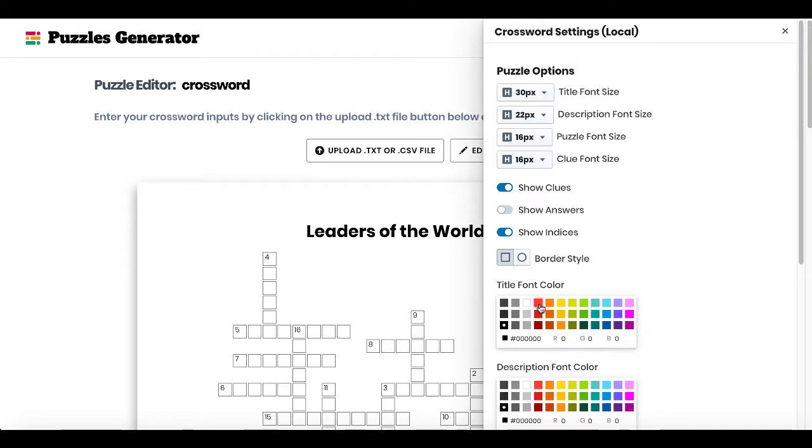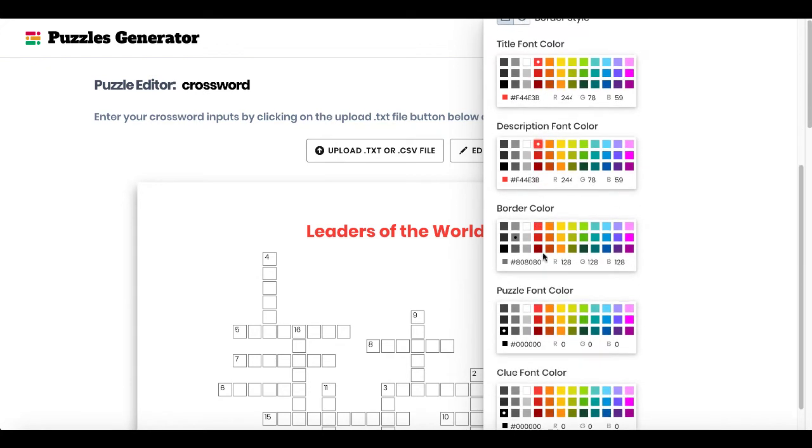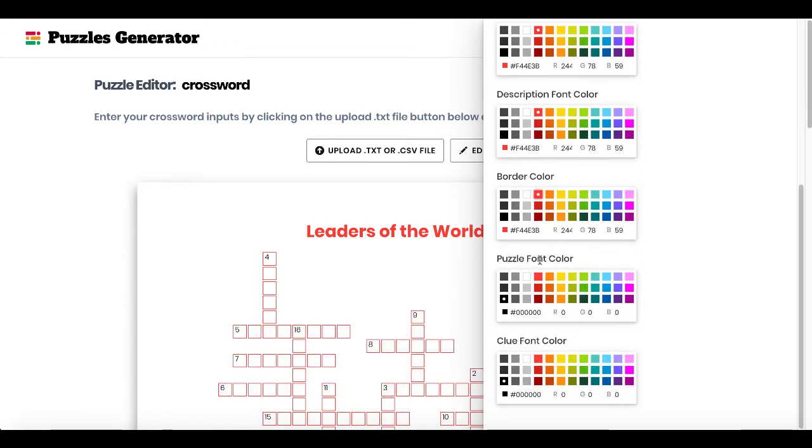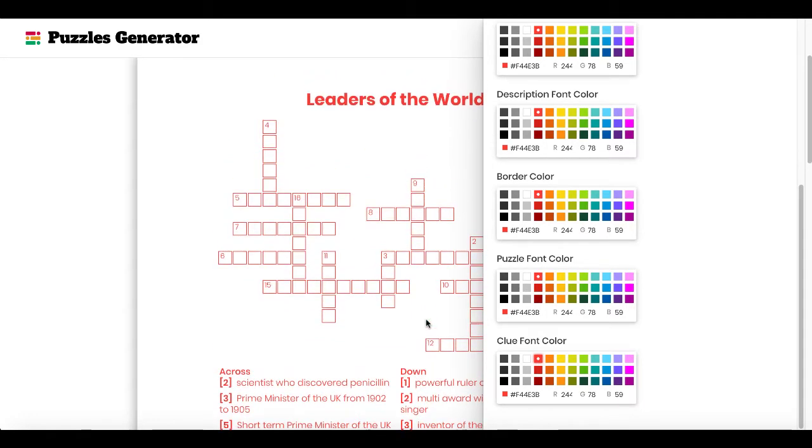And for example, if you want it to be red, you could change the font color here. You could change the description color, the border color, the puzzle font color, the clue color, and you can see that here it is changed to red. So if you wanted to layer this over a different color background, or if you just wanted to print color pages, for example, if you were going to sell these on Etsy or your own website as a printable, if you weren't totally focused on publishing on Amazon, and typically publishing on Amazon is black and white,